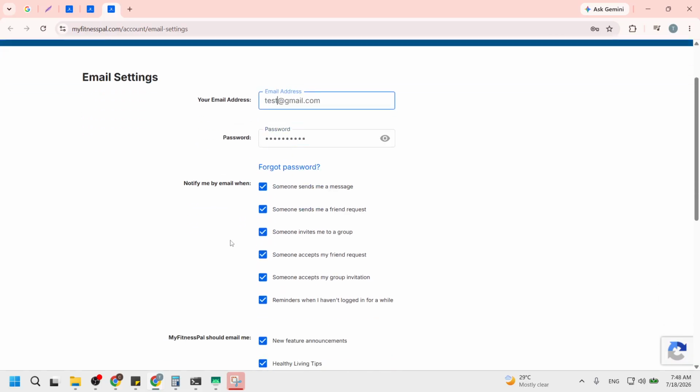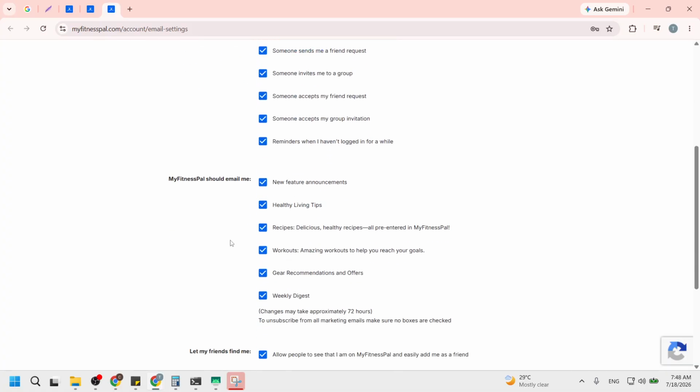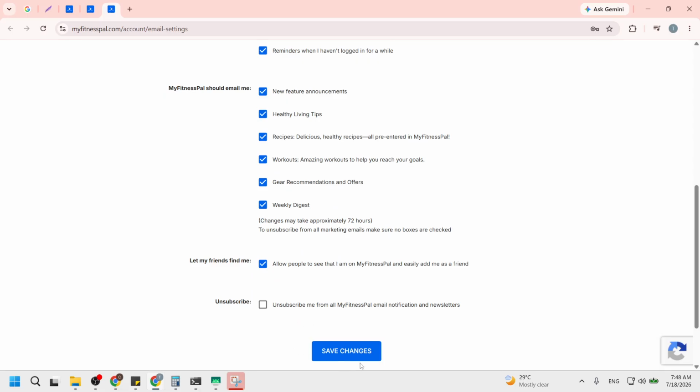Finally, click Save Changes at the bottom of the form to update your account. This action is the last step in the process, and it is important because it finalizes your email change. After clicking Save, you should see a confirmation message indicating that your email has been updated successfully. This reassures you that your changes are secure and effective.